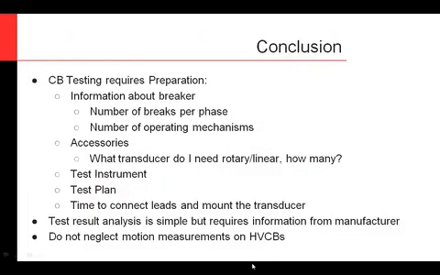So I hope from this you've seen what to look for out there. The different types of breakers you can have, things to look for, number of breaks per phase, number of operating mechanisms, so you know how many transducers to bring. When you bring your transducer, do I need a rotary or a linear? How many, as I said, if it's IPO or gang. So you can choose the right test instrument, set up the correct test plan,